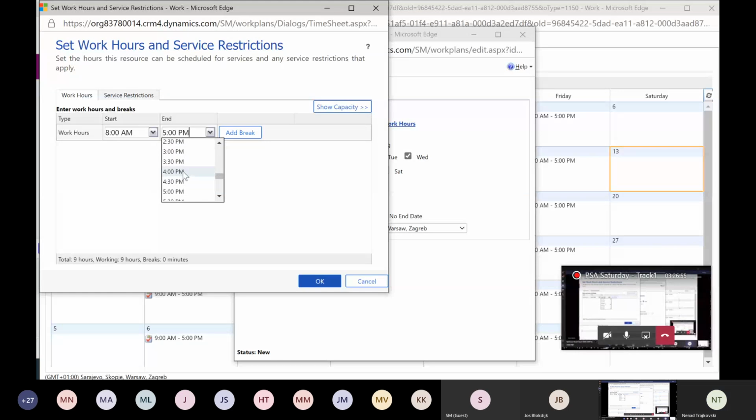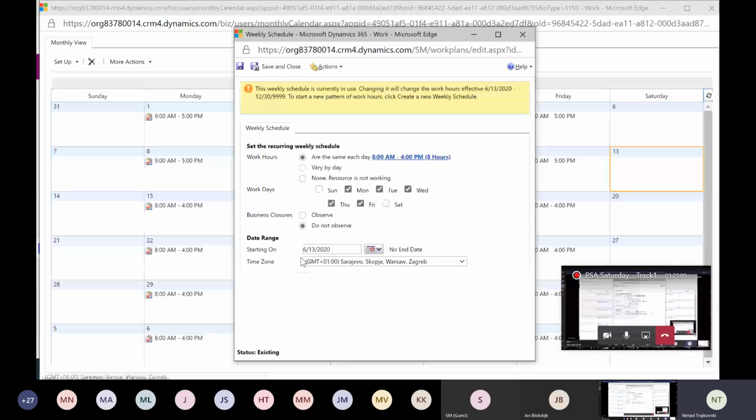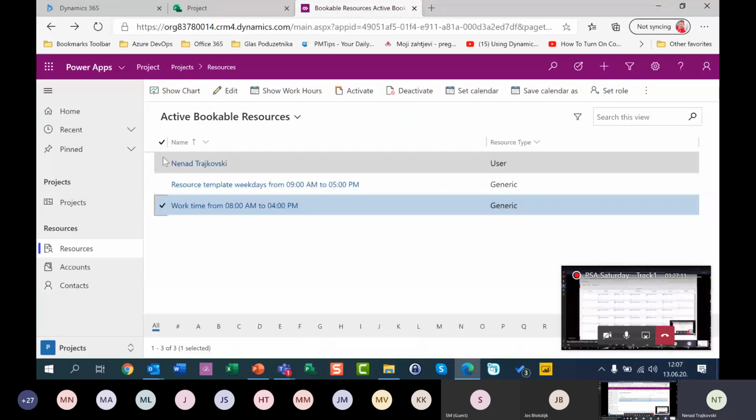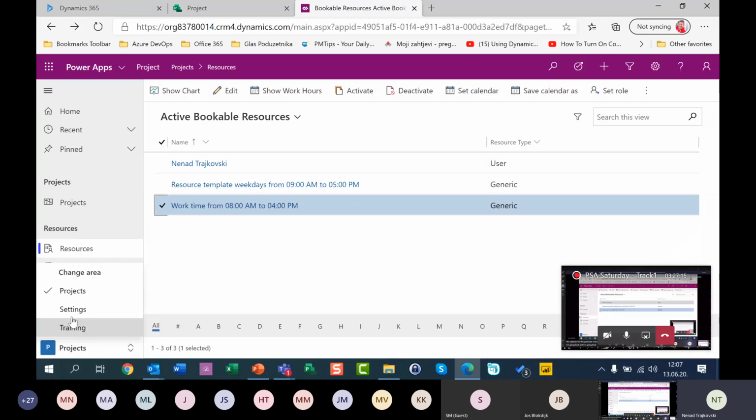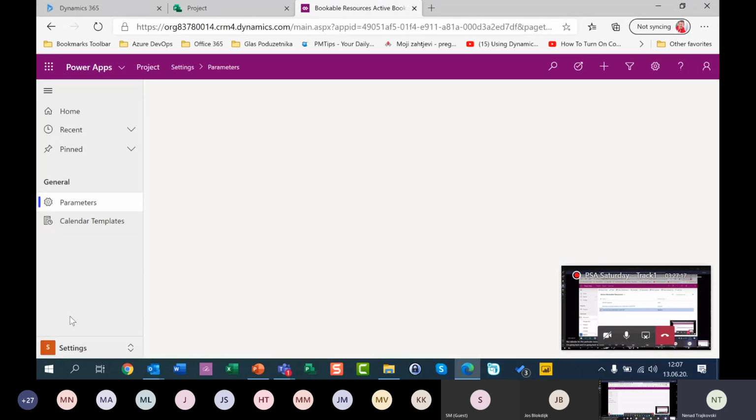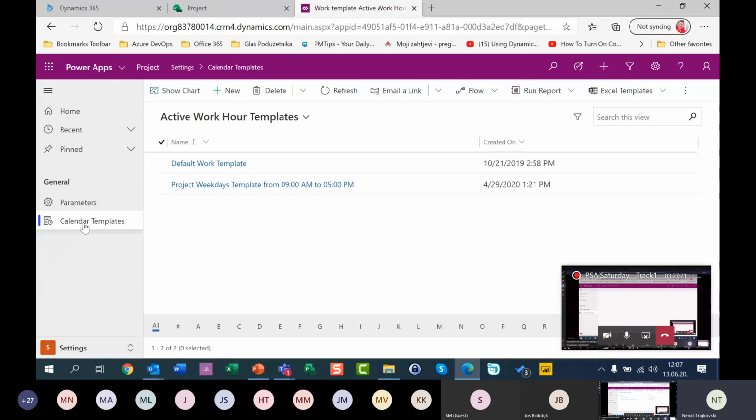Here. And I will say, okay. Now I have my brand new work calendars for this particular resource. Now I'm going back from project to settings, and now I'm going to create a brand new calendar template. From settings to calendar template, I will say new one, and I will say